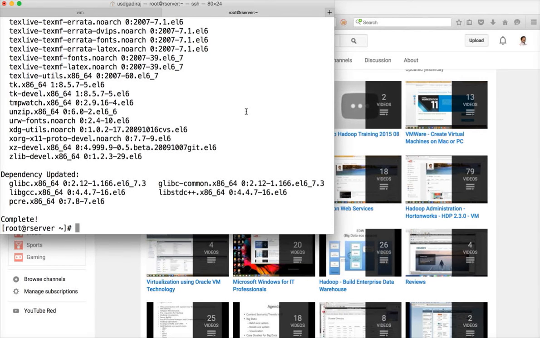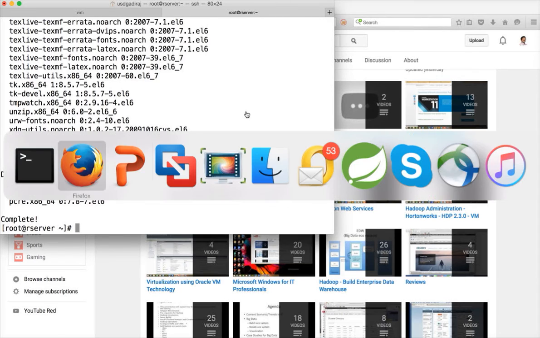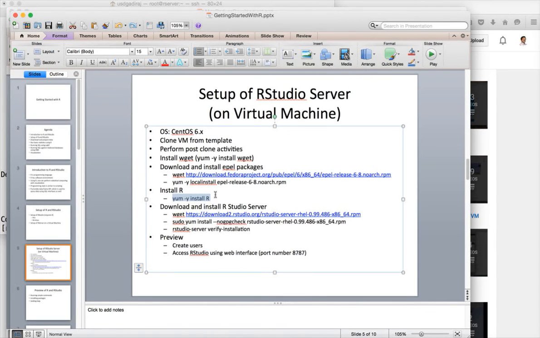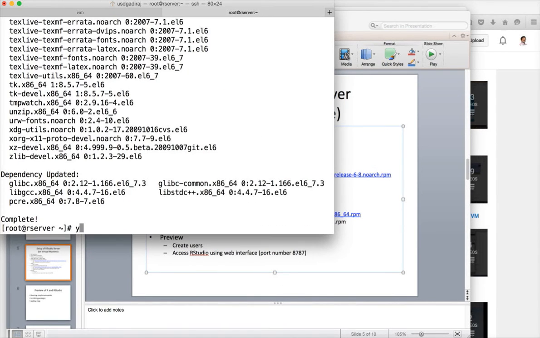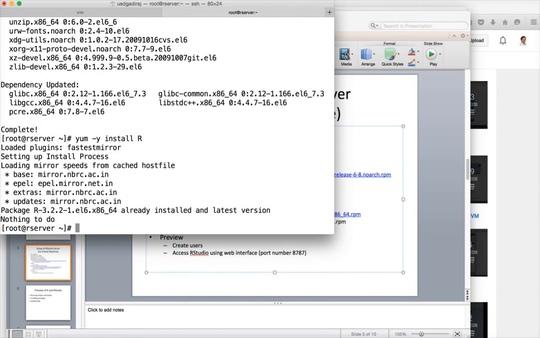So now the installation is done. The next step is to install R. If this command works, that means EPEL is already there, and you need not worry much about it. But if this command does not work before, okay, it is actually, I think after